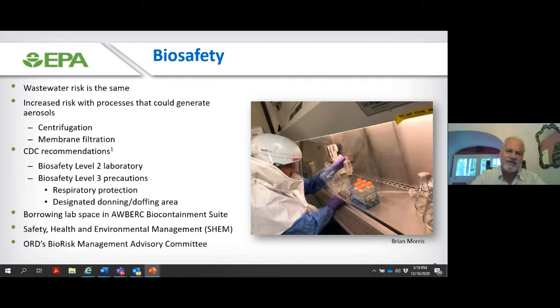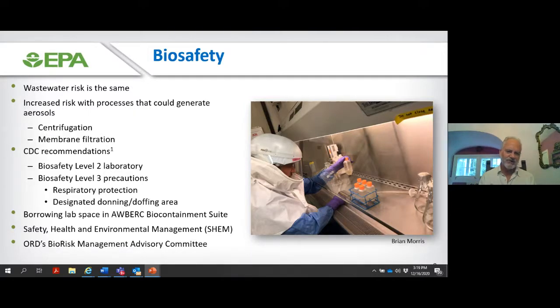So in terms of biosafety, when I say the wastewater risk is the same, it means that all wastewater is considered a biosafety level 2 media and sample, and you need to handle it with biosafety level 2 procedures. Typically,